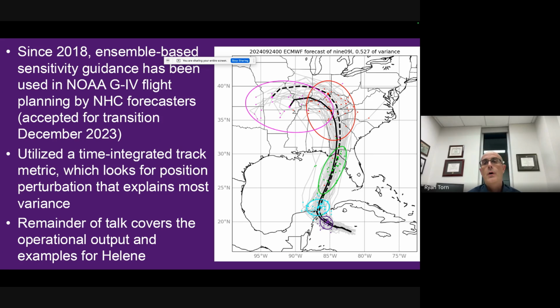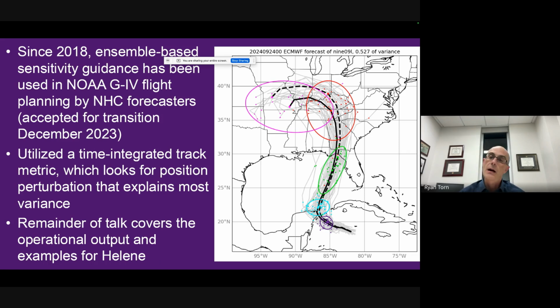And so what I'm going to show you here is an example from Hurricane Helene from the 0 UTC on the 24th ensemble forecast. The black solid line here is the ensemble mean track. The gray lines are the ensemble member tracks. Each colored dot is the position every 24 hours. And this dashed line is this time-integrated track metric. And so this is